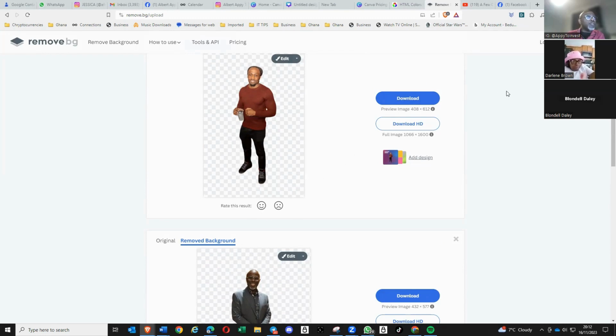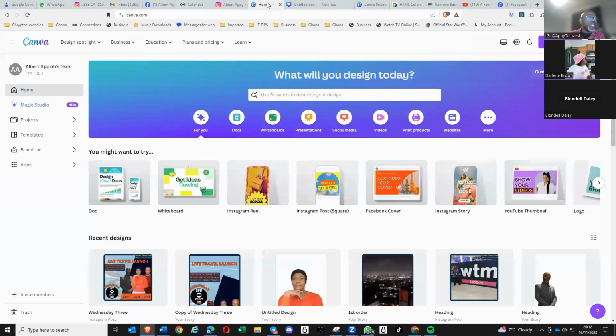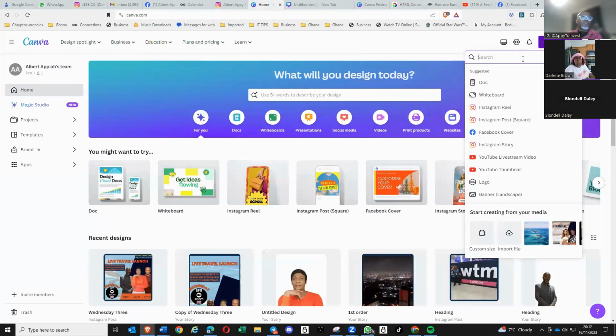So if I go to the Canva version, as I said before, I'm more comfortable with the desktop version. So you're saying that you want help on designing a flyer. So what you do, you click on design, and I can either type something to do with Instagram. As you can see here, you've got some Instagram reel, Instagram post. But if I type flyer,